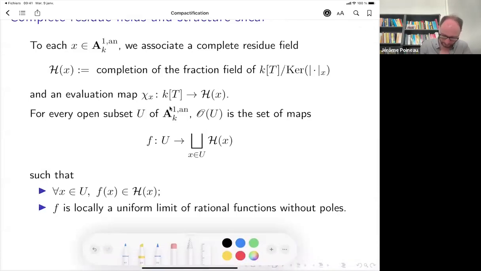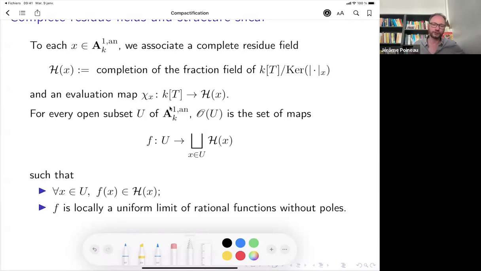So it's written here downstairs. And you add one more condition to recall that you're doing analytic geometry. You want f to be locally some uniform limit of rational functions without pole. So I said before, you have a map from the polynomials to H of x. You have a map from the rational functions to H of x, and it makes sense to speak about uniform limit of rational functions. So this is more or less what an analytic function should look like. And this is what happens in Berkovich theory.